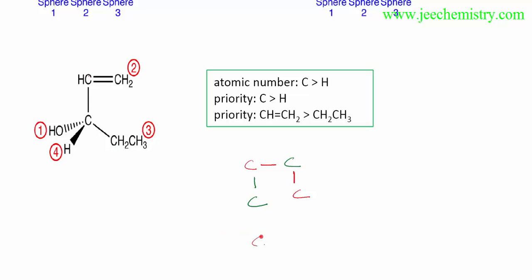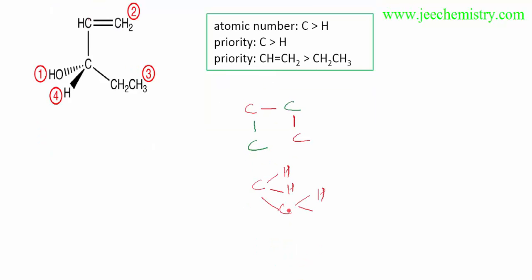Now in this way, this carbon CH, here this carbon is attached with 1 carbon and 2 carbons, but this carbon is attached with only 1 carbon. That's why this will be higher priority than this group. That's why this will be given higher priority 2 than this 3. This is given the higher atomic number, that's why it is 1, 1, 2, 3. Hydrogen is the lowest priority because it has the lowest atomic number. This is given 4.